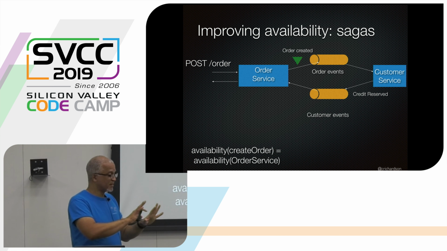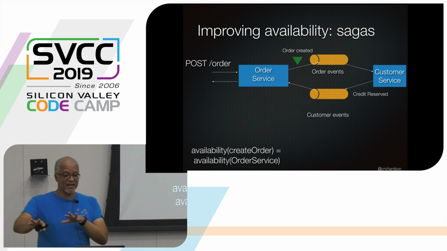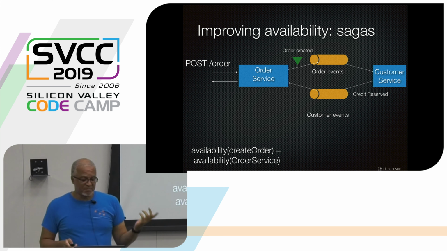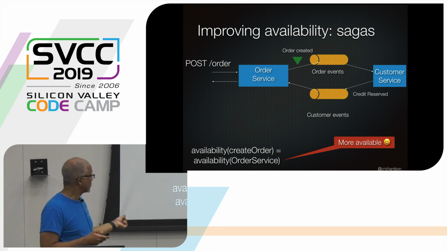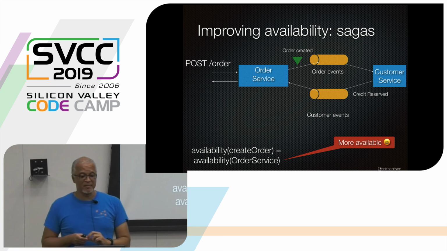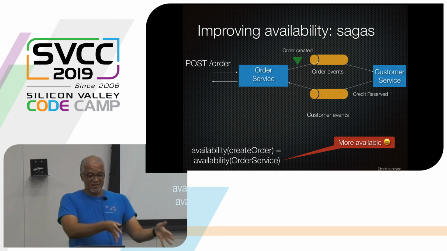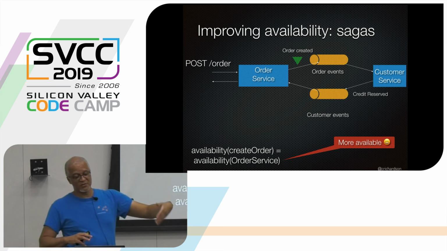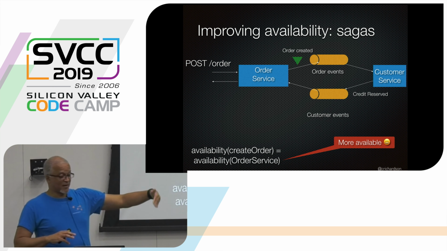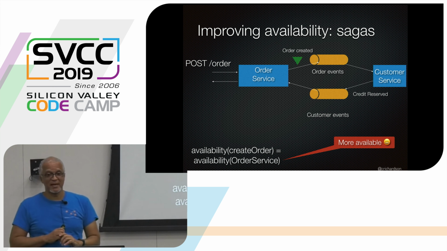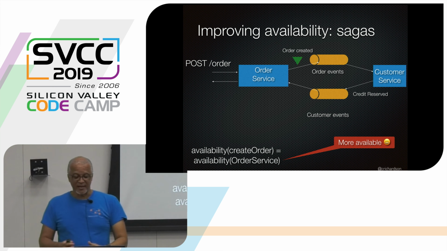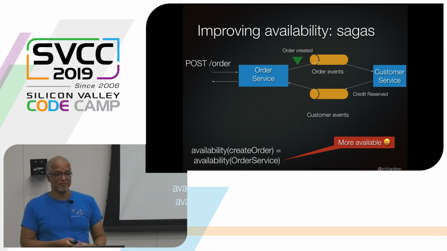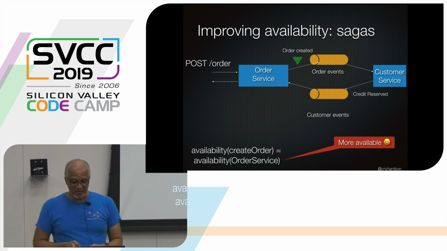So all of the interaction between the services is actually handled, quote, offline in the background. And the value of this is that it improves the availability of the create order endpoint. Provided the order service is up, it doesn't matter what's happening with the customer service or the inventory service or the 45 other services that need to participate in the creation of the order. Eventually, the order will be approved or rejected. So it's a more available architecture.